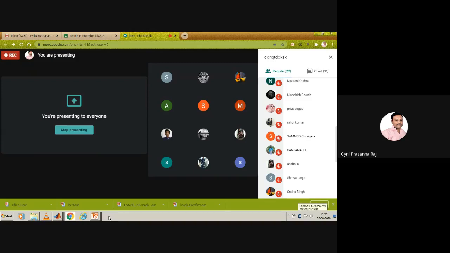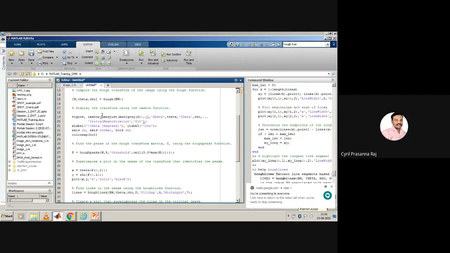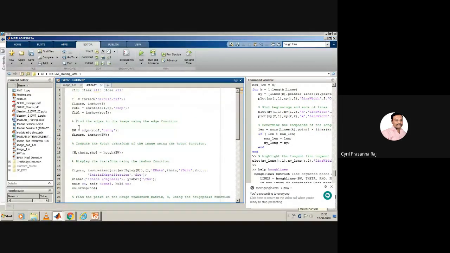So I want you to now see whether you can change this code. Whatever code is available here, instead of using the black and white image and then performing the entire task. What we have done here is we have taken an input image, rotated the input image, and done edge detection. So what I wanted you to do is read this image, whatever we had taken earlier, and perform DWT. After performing DWT, you will have 4 subbands: LL, LH, HL, HH. Now take only the LH subband and perform the edge operation and all the process.